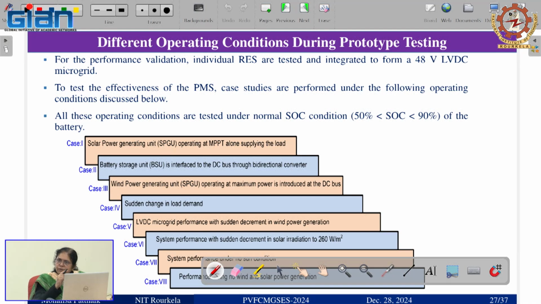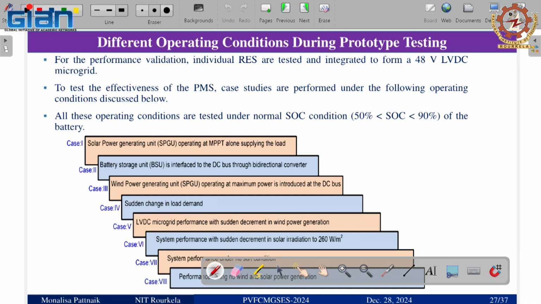But think of the situation when the battery is not there, when you are disconnecting the battery. What do you have to do? You have two sources with different voltage ratings. You cannot put them directly in parallel, so your power management scheme has to be more sophisticated, so that any one of the systems regulates the bus voltage. Initially, as we were unable to implement it properly, we had to manually stop one and let the other one operate.